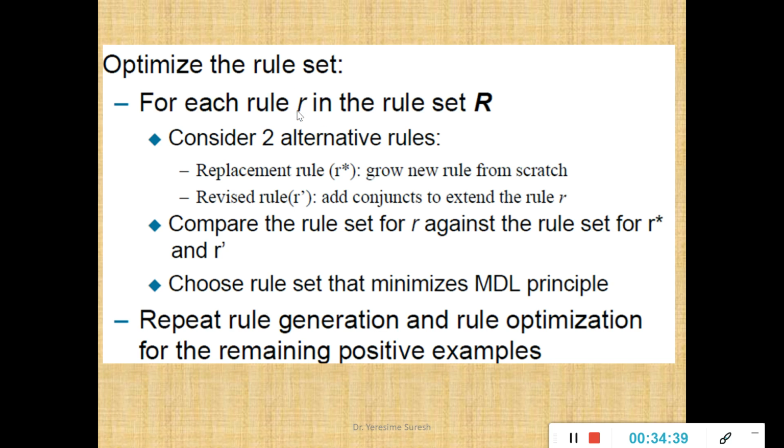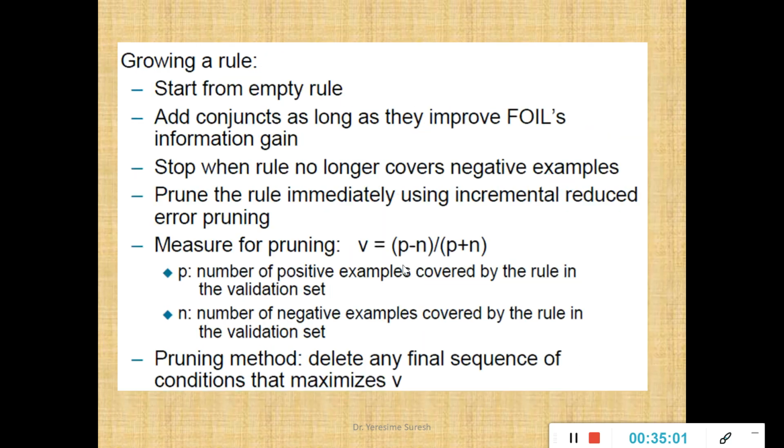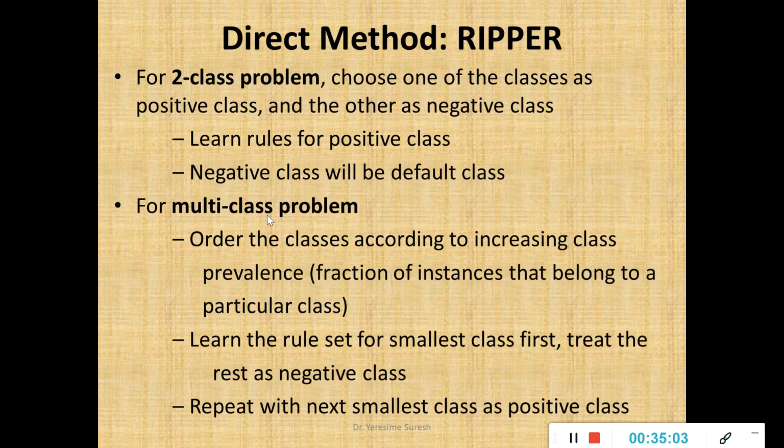three categories. Which are those? R is your initial rule set, R star is your replacement rule set, R dash is your revised rule set. Repeat rule generation and rule optimization for the remaining positive examples. As long as there are positive examples, keep on repeating, and if there are no more positive examples, you can stop executing your repair method. So these are the three stages of your repair method for the two-class problem as well as the multi-class problem,